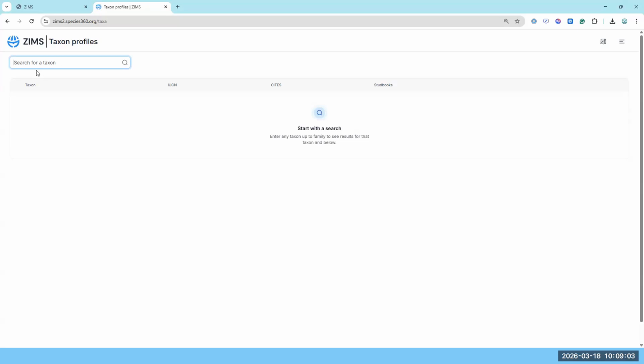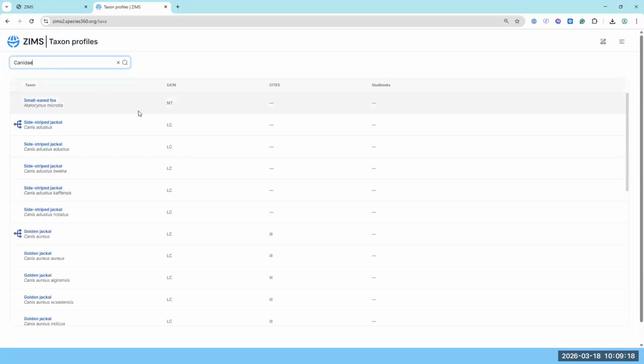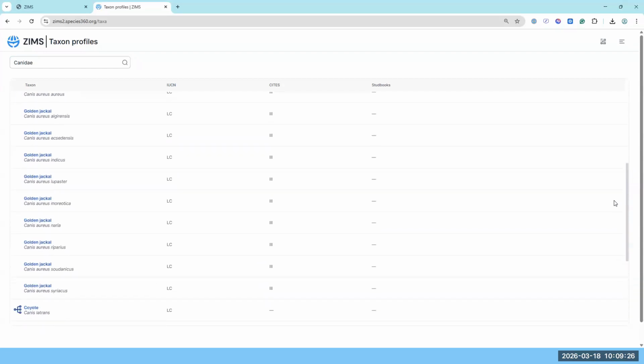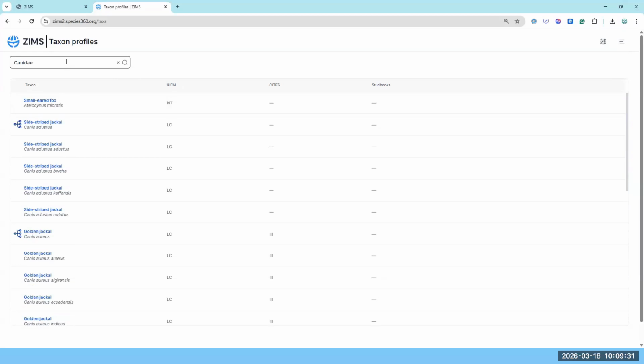And this can be done for family rank or below. So if I wanted to look for canids and I want to see any taxon profiles that are available for canids, then I can search that at the family level here, and I'll get a list generated below of all the species or subspecies that fall into that. If you have a specific species in mind,